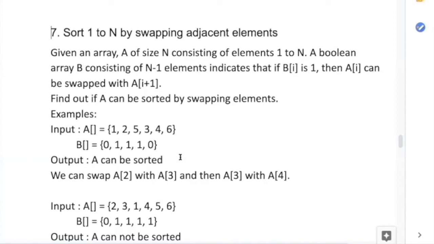Now this question says that there's an array that is given to you, and there's another array which says whether the elements can be swapped or they cannot be swapped, right? So for example, if b[i] is equal to 1, it means that a[i] can be swapped with a[i+1]. But if b[i] is equal to 0, it says that it cannot be swapped with the next element. So you have to try sorting the first array, and whenever you're sorting, in some places you will have to swap. And whenever you want to swap the elements, you have to check the array B. And if it is 0, you're not allowed. So if you need to swap and you're not allowed, it means that you cannot sort the array. This is what you have to do in this question.